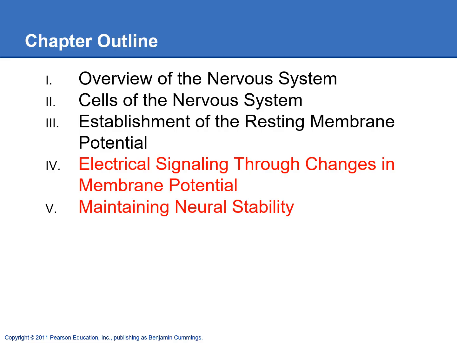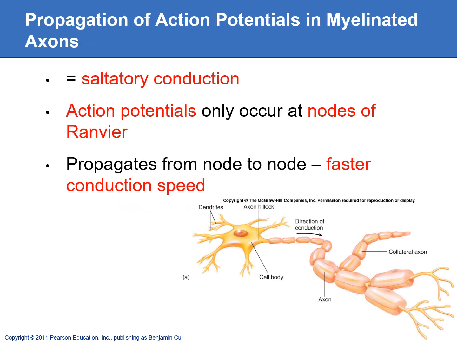We're going to take a look at how myelinated axons propagate action potentials. So when myelinated axons propagate action potentials, that's called saltatory conduction. The word saltatory means to leap or to jump. And that's just talking about how the action potentials are only going to be created at the nodes of Ranvier,